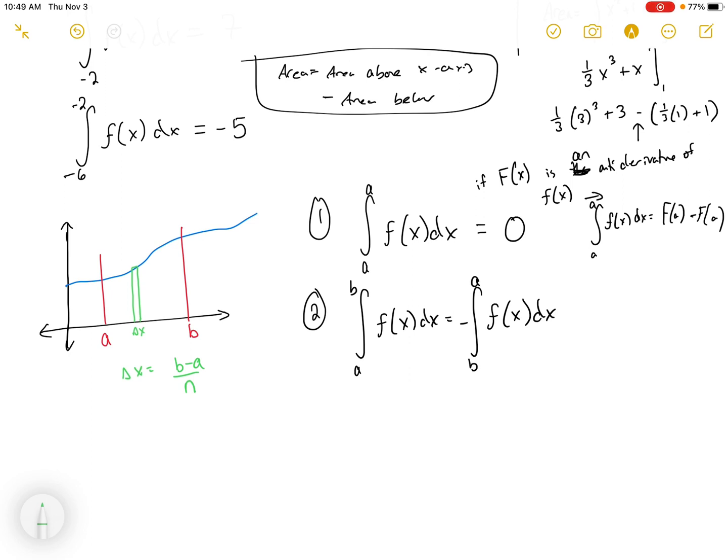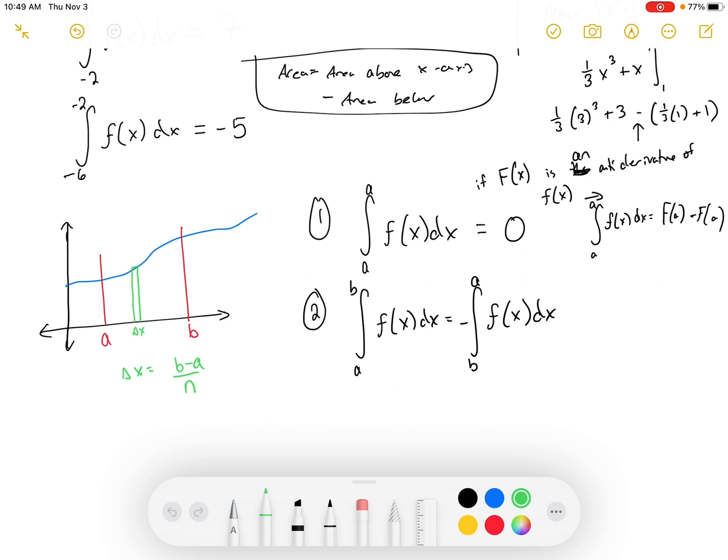Because if I have n rectangles and b minus a is 4 or something, then each rectangle would be of width 4 over n. We'd have n rectangles of width 4 over n. So it turns out, if I just switch these limits, I still get the same heights here, but